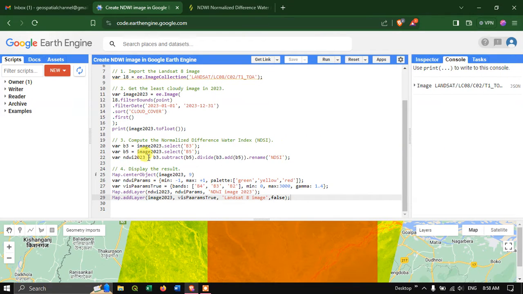So now to compute our normalized difference water index, we define a variable called NDWI 2023 equals B3 subtract B5, divided by B3 add B5, and we're going to rename it as NDWI, that is, normalized difference water index. And now, to display the result, we define Map.centerObject image 2023 with a zoom level of 9, and